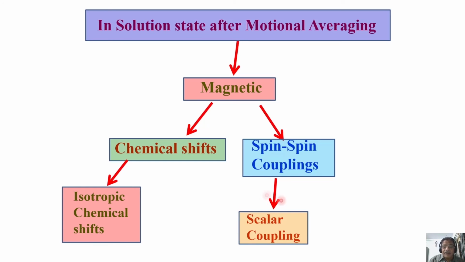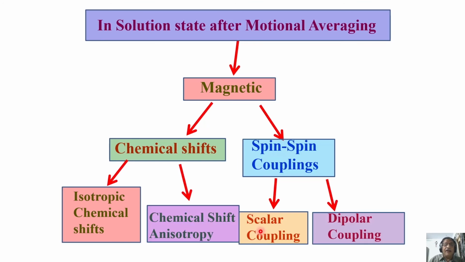The very fact it is a scalar, the word is saying, it is not orientation dependent. That is the reason why this through covalent bond mediated interaction, the scalar coupling, is not going to be averaged out in solution state. This motion averaging has no effect on the scalar coupling, that is covalent bond mediated coupling. That is why it is called scalar coupling. We'll talk about it later. So these are the two parameters which we are left behind.